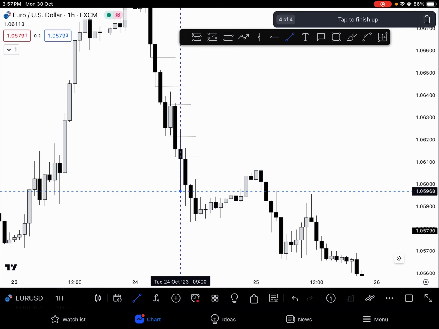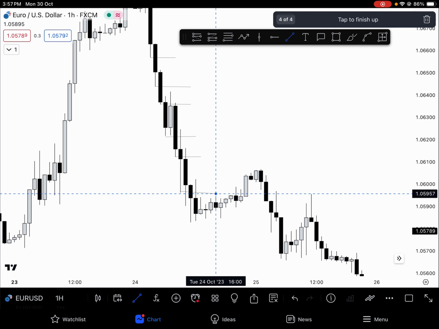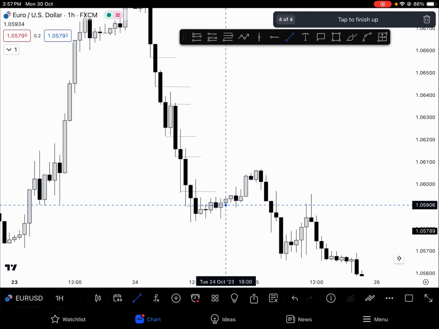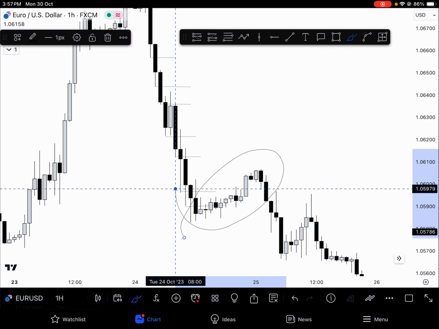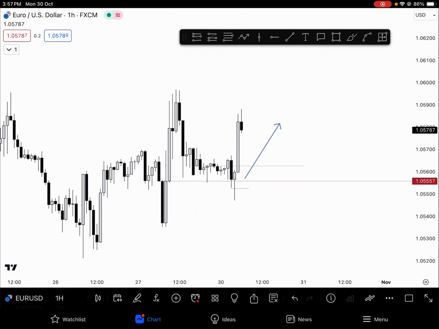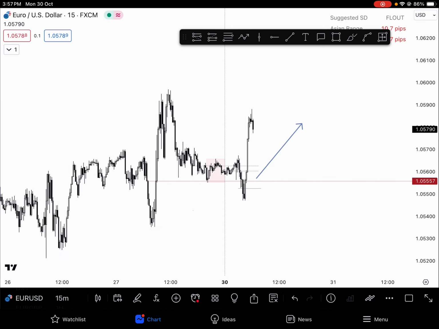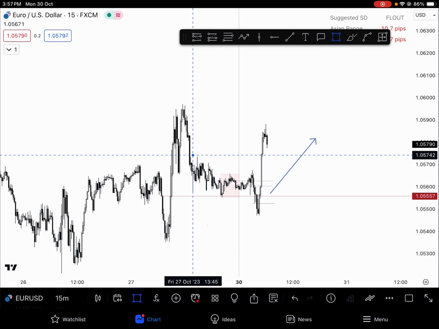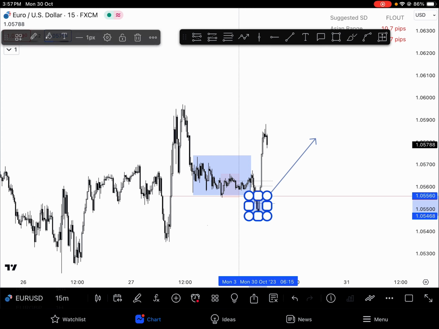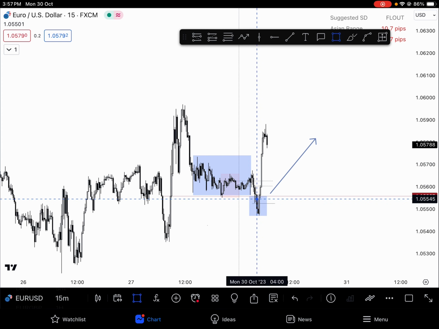For the first time we saw that price wicked. If we start wicking, then we can anticipate retracement, and there we go, we got the retracement here. This is pretty simple stuff. So this is basically the trade idea I have in my mind, and that's all. Typically AMD: accumulation, manipulation, and distribution. I hope you have got some insights regarding the trade idea.